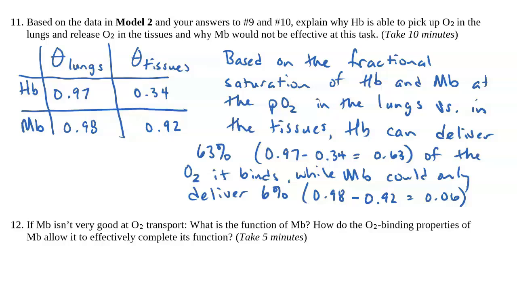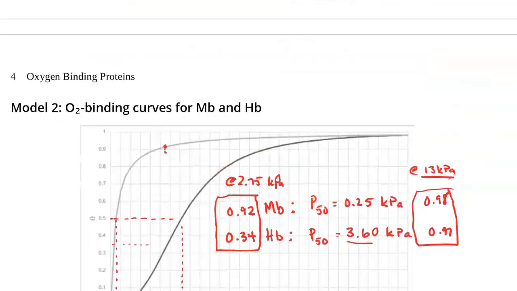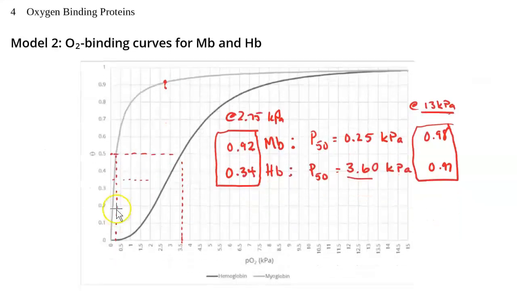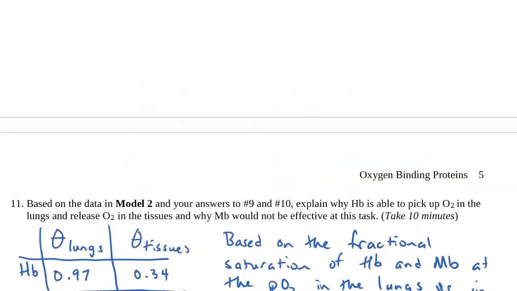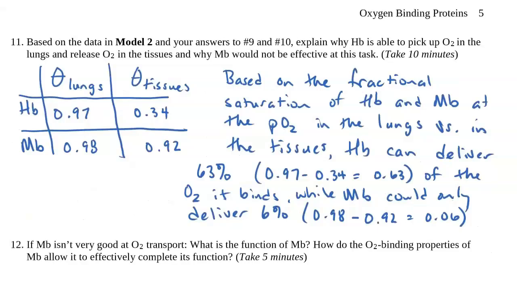So what do we learn from this? One thing that is a takeaway is binding oxygen more tightly does not necessarily make it better, right? Myoglobin is binding more tightly. If you look at its curve, it's much steeper, and so it binds much more tightly. Whereas the hemoglobin curve is much shallower, has a much larger P50, and binds more loosely. Binding more tightly is not necessarily good if your function is to deliver the oxygen.